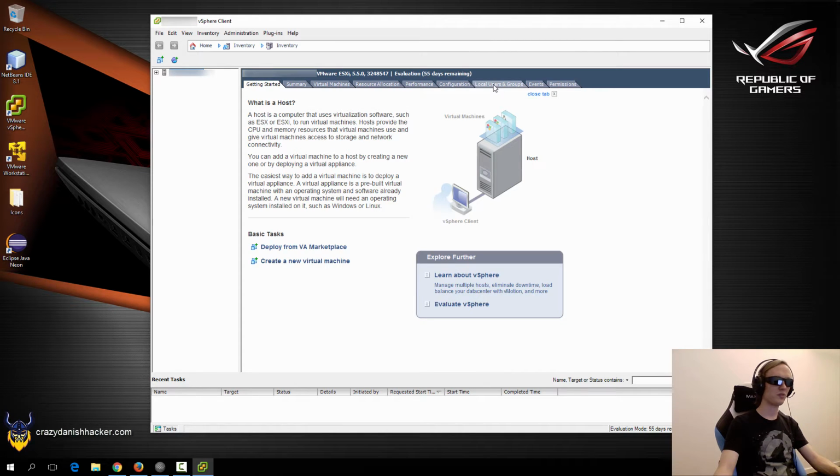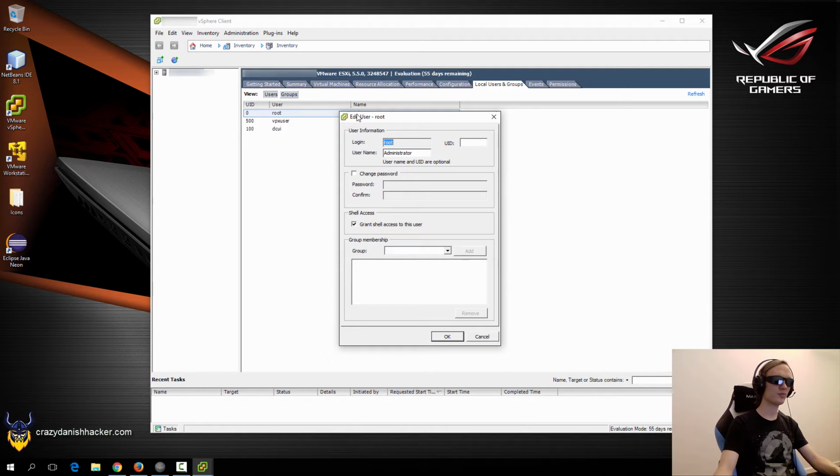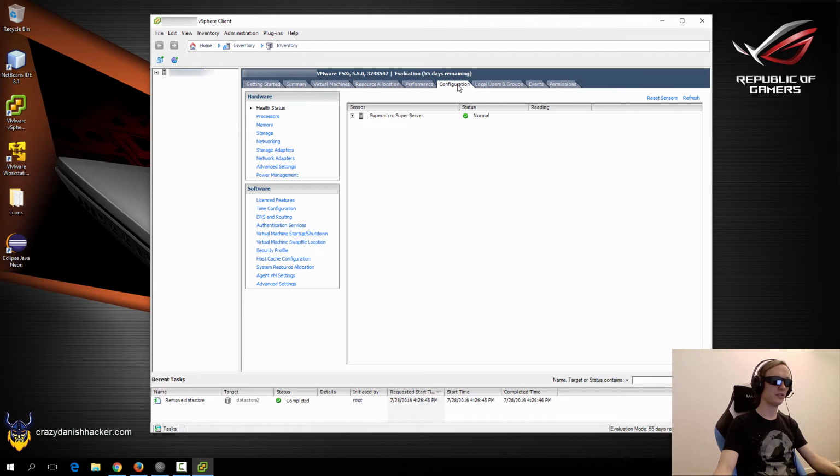The first thing that you want to do is look at the root user and maybe change the password by typing in a new password here and clicking OK. The next thing that you want to look at is the configuration. So you'll click Configuration,